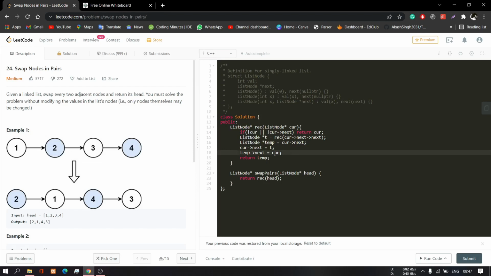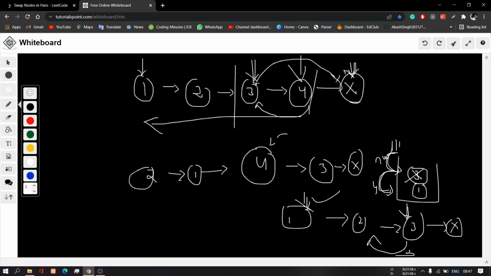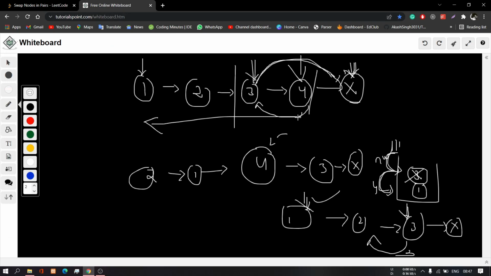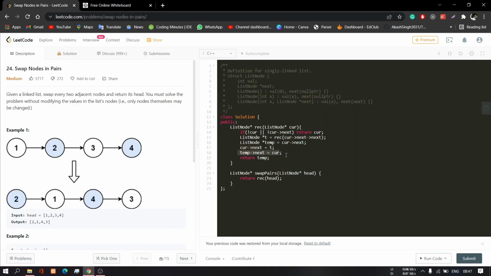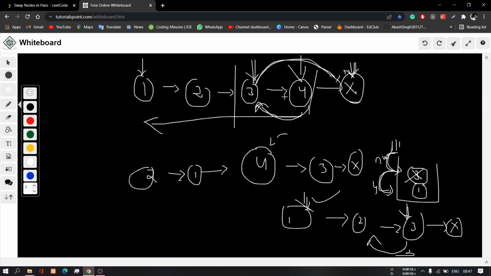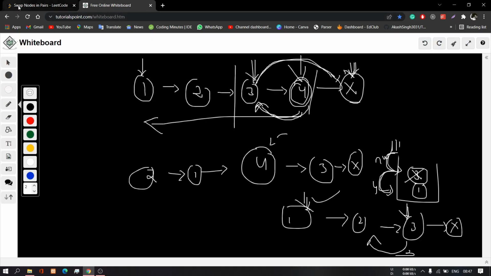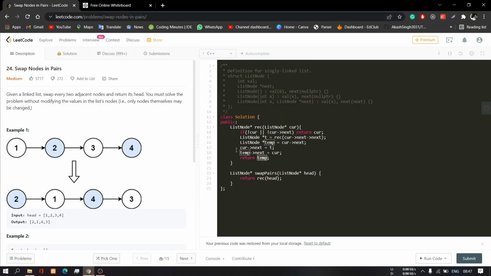So I have done the same thing. First of all, I simply change the pointer, and the 3 pointer will point to the next, meaning the null. So this is the step. Then I have pointed this temp pointer, meaning this 4 pointer, to our 3, the current pointer. Then I simply return this one. Because after swapping this one will come here, so I have to return this node. So I just return the temp. As this 4 is the temp, I just return temp, and